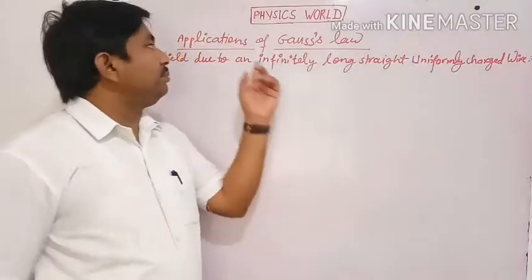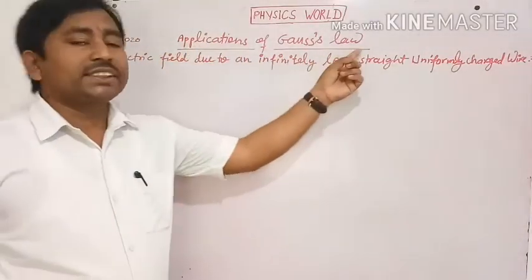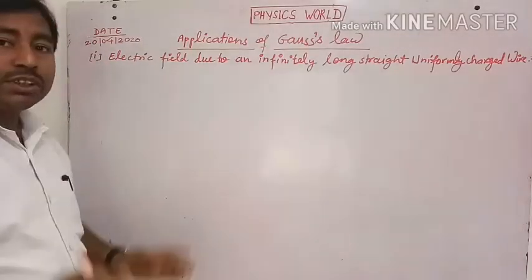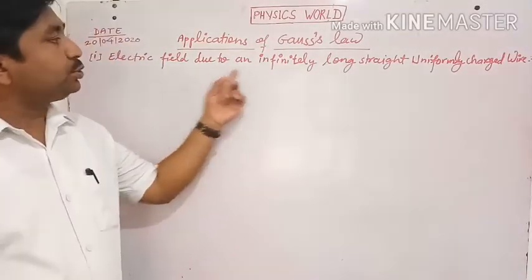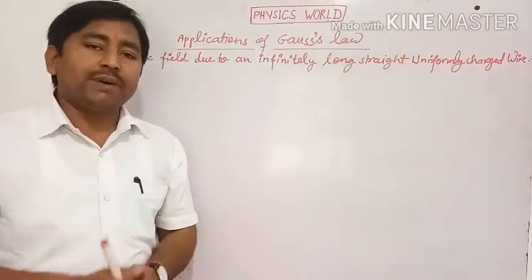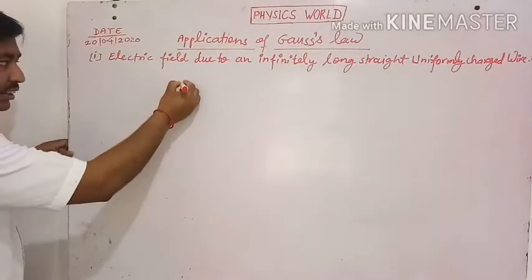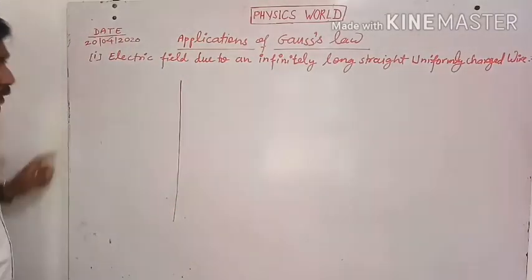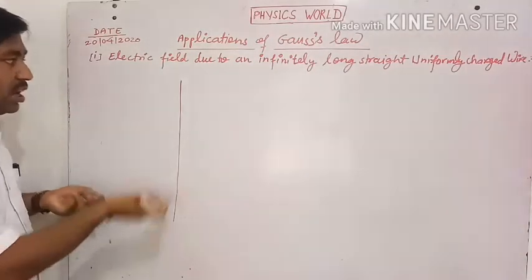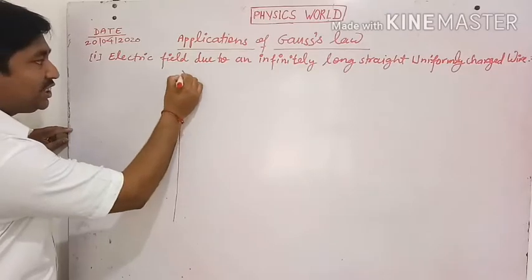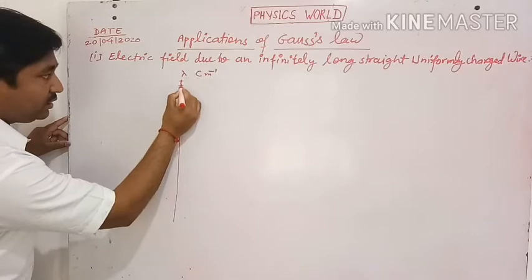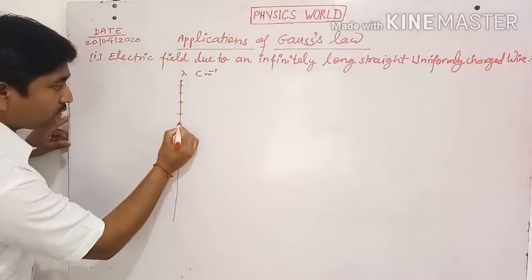Today I am going to describe more about applications of Gauss law. The first application of Gauss law is to find out the electric field due to an infinitely long straight uniformly charged wire. Consider a thin infinitely long straight uniformly charged wire of linear charge density lambda coulomb per meter. The charge distribution is uniform throughout the wire,